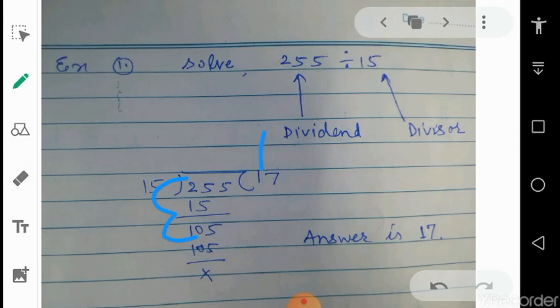25 minus 15 is 10. We will copy this 5. We get 105, and as we know 15 times 7 is 105. So after subtraction we are getting 0, and this is our answer. Hence we can say if 255 is divided by 15, we get 17. 17 is the quotient, and here 0 is the remainder. Again we can say that 255 is completely divisible by 15. Okay, next,